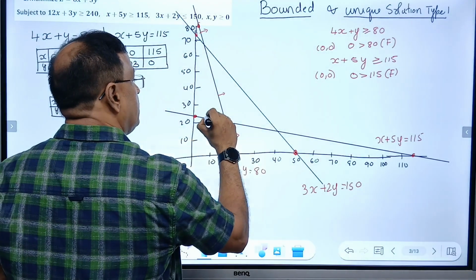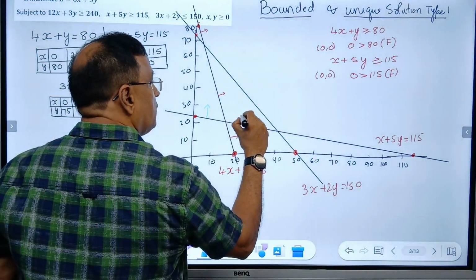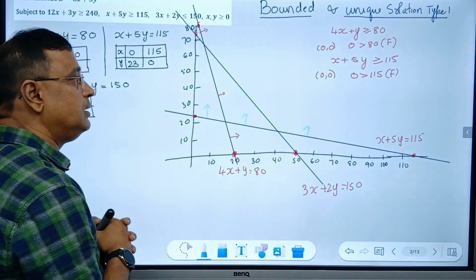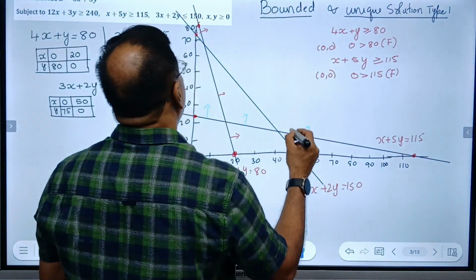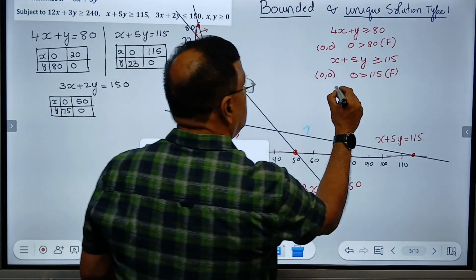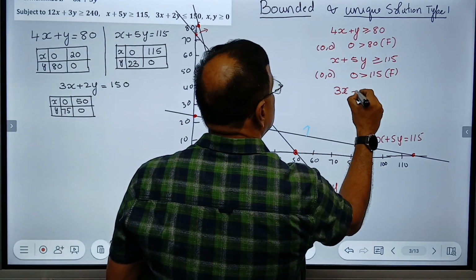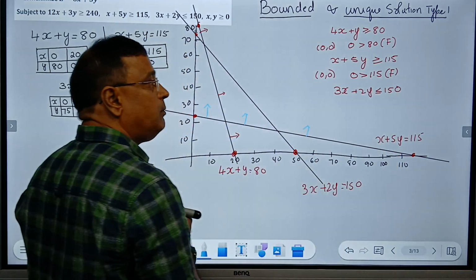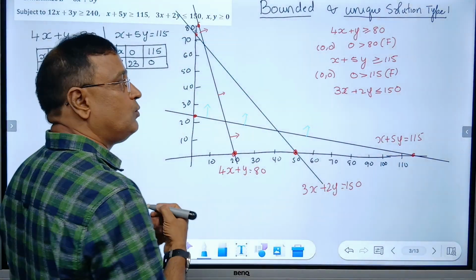So how do I draw away from origin? So these are away from origin. I put a different color. Now finally, I come to 3x plus 2y less than or equal to 150. When I come to 3x plus 2y less than or equal to 150,